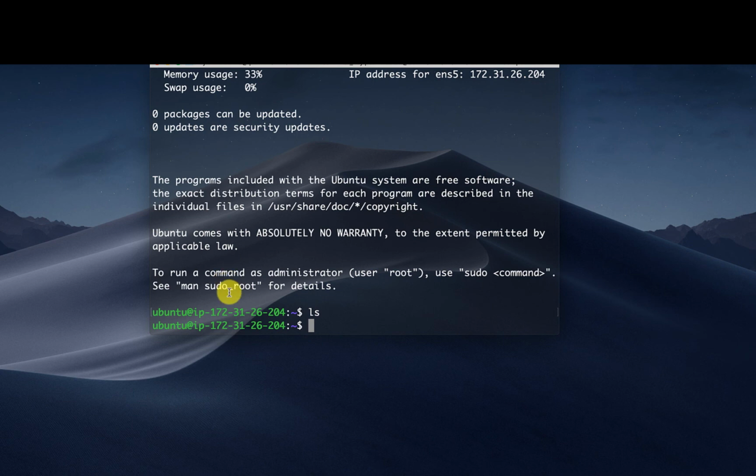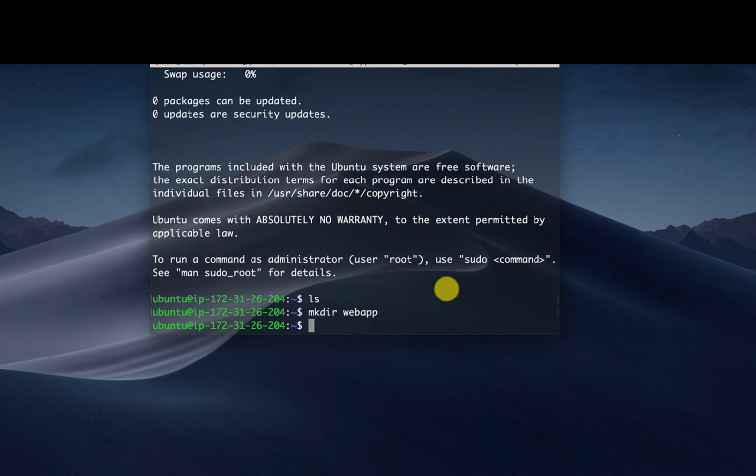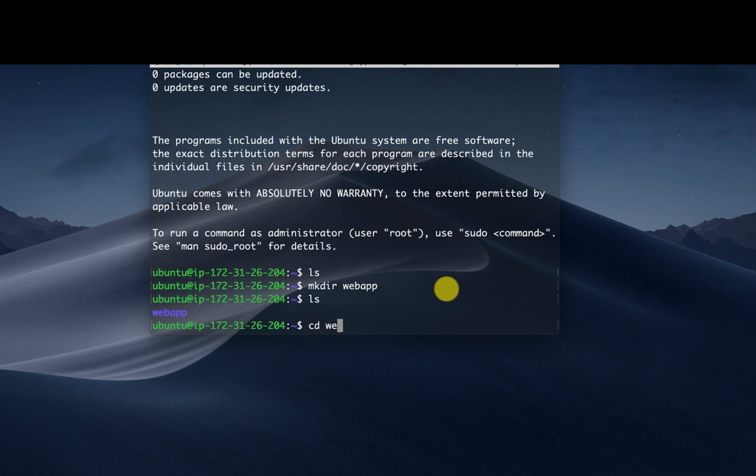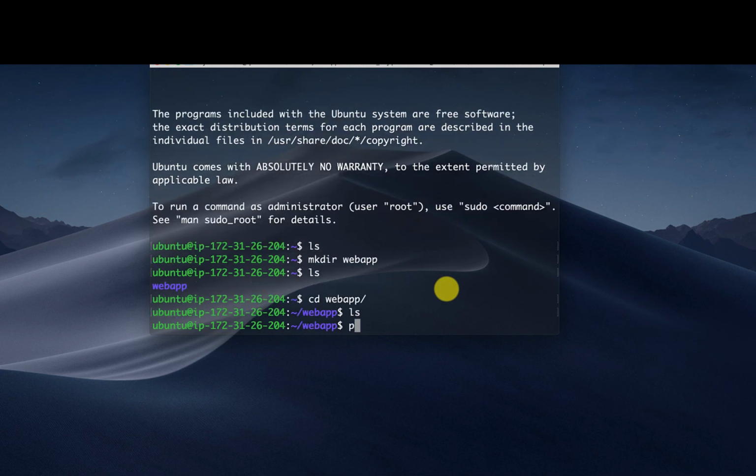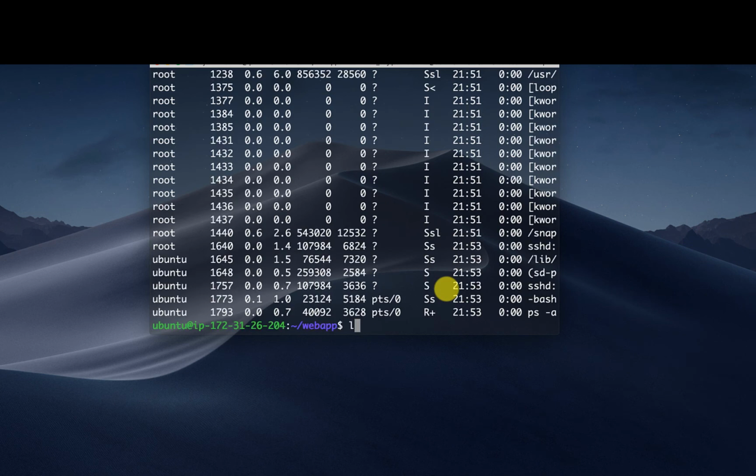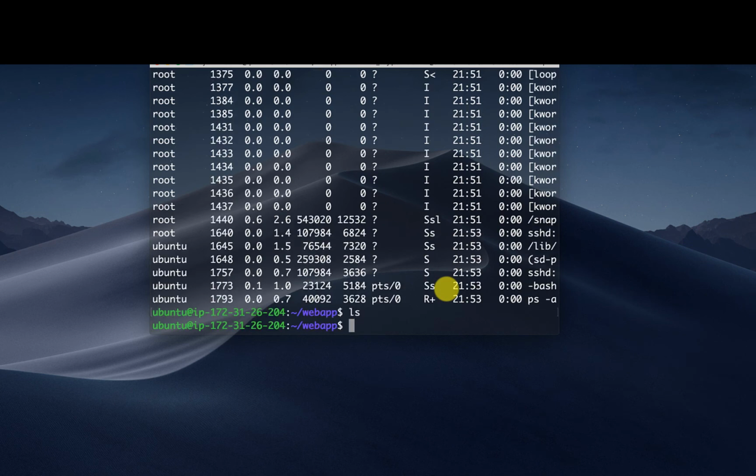So we are here inside our instance and we can perform simple commands because this is Ubuntu. All the Ubuntu commands will work. Let's say we can do a mkdir webapp. We can check all the running processes, and the idea is that we can run all the commands which are supported by Ubuntu.